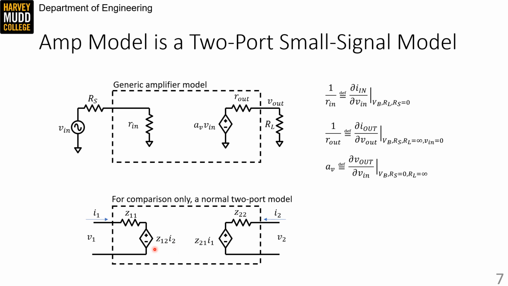This Z12 allows port 2 of a standard 2-port model to exert some influence on port 1, while in our model, there's no equivalent. Nothing that happens at the Vout voltage will change the Vin port. So that's an approximation. Almost every amplifier has some feedback from Vout back to Vin. And that approximation holds really well for some amplifiers and kind of poorly for others. But we can paper over omitting this kind of feedbacky Z12 element in our model